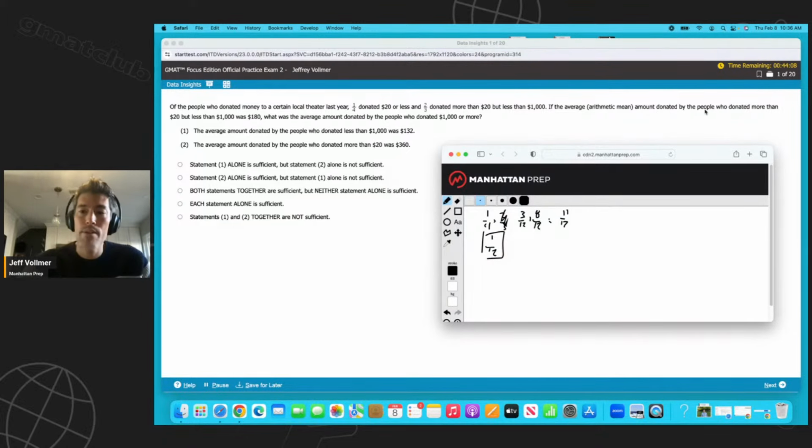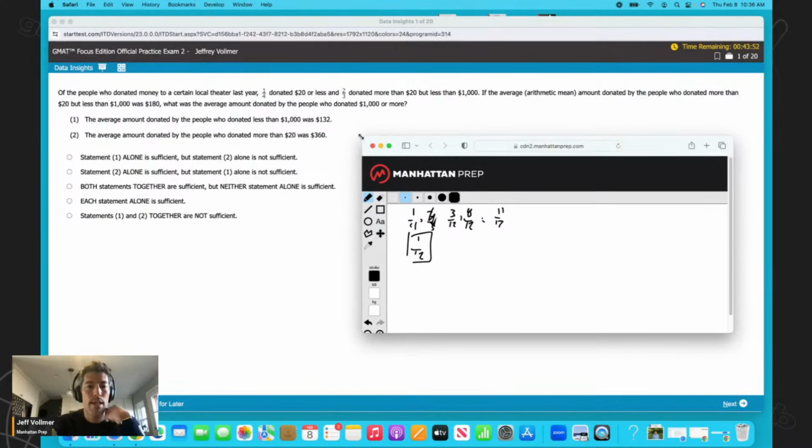If the average amount donated by the people who donated more than 20 but less than 1,000 was 180, what was the average amount donated by people who donated more than 1,000? So these extra 1/12 of the people. All right, what was the average amount donated by the people who donated $1,000 or more? The average amount donated by the people who donated less than $1,000 is